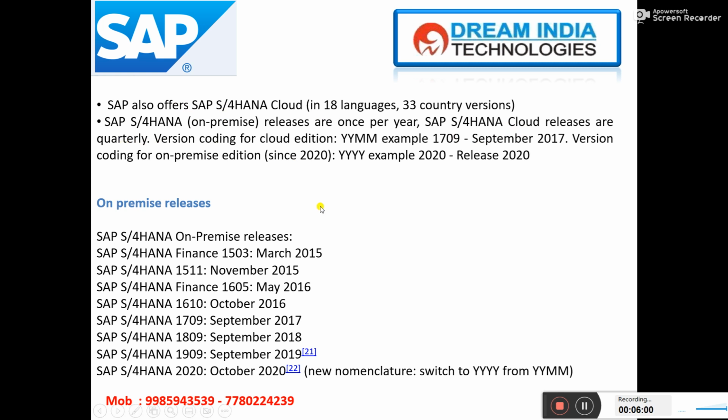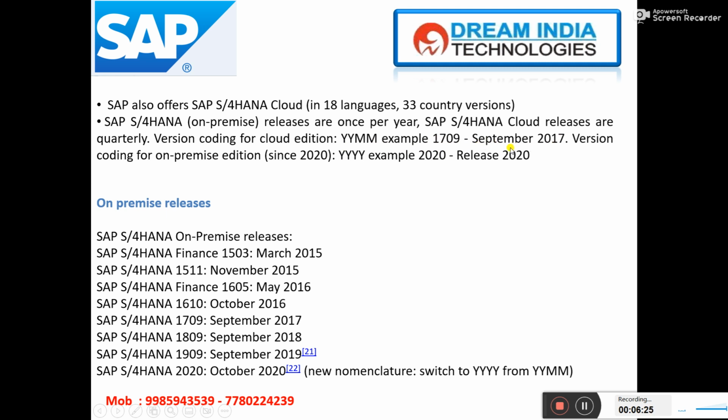Okay, so initially they named it with version coding YYMM. Example, if the on-premise is released in the year 2017, YY is 17, 17 is nothing but 2017, and 09 is nothing but September.